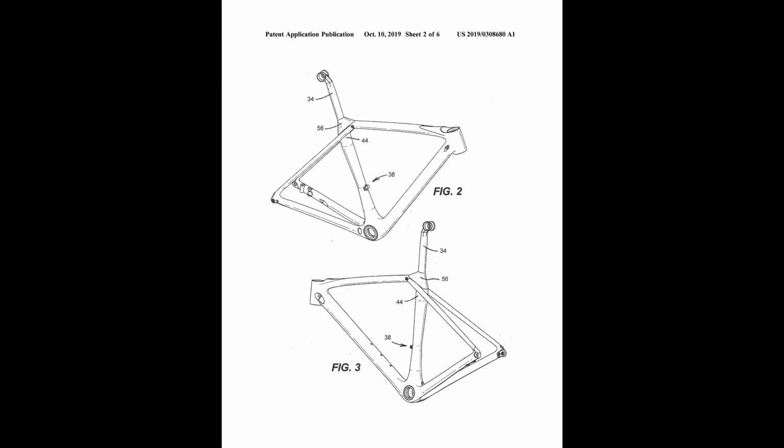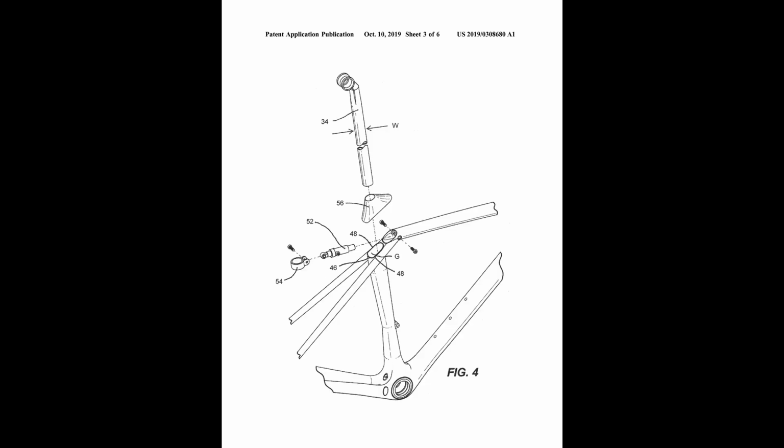So figure number 2 is just a bit more of the frame set, and you can see point number 56 on the map there is hiding something. So this basically looks like it's going to be a rubber cover almost to keep all the mechanism and stuff in check. You can also see point number 38, which is a seat clamp, a little bit better as well in the top part of figure number 2. Figure number 3 just shows you the back end where you can see a bit more of that rubber cover. Now figure number 4 is where it starts to get interesting,